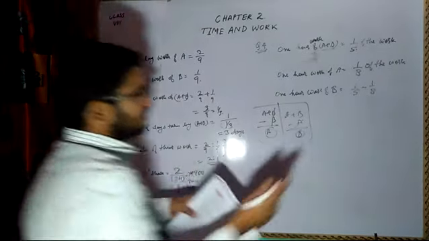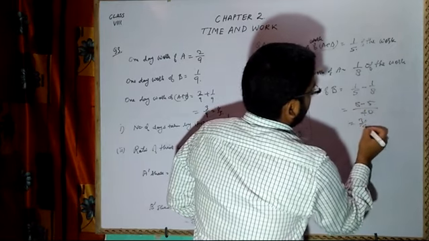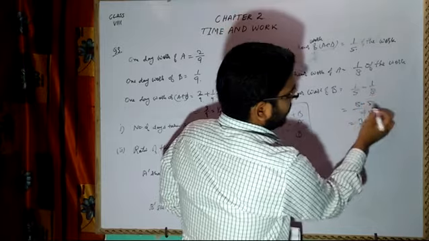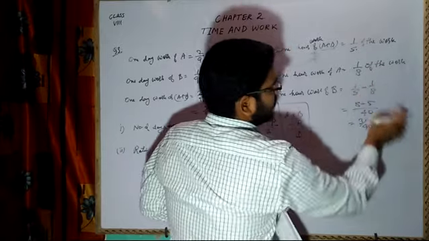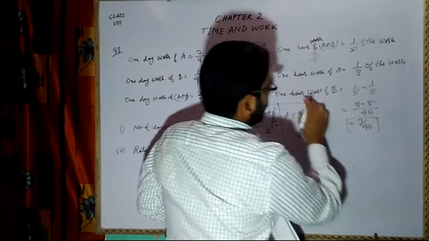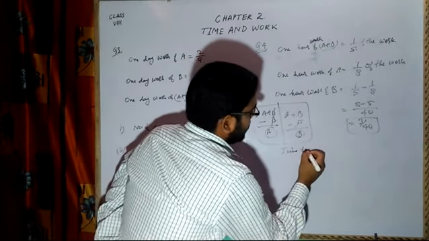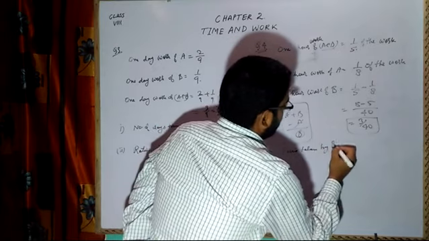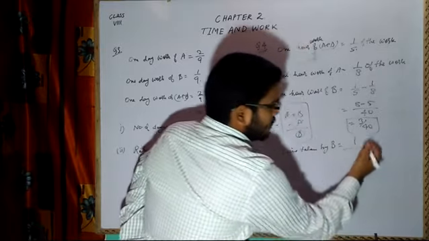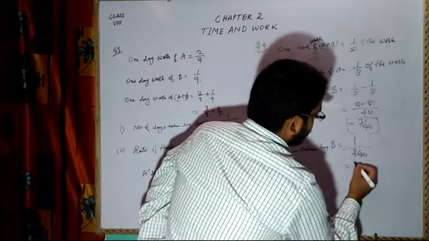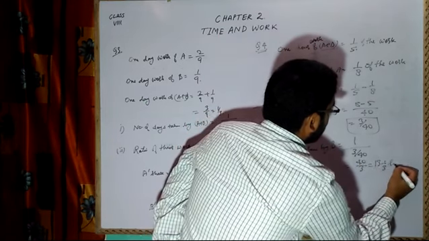And then if you subtract, you will get LCM 40. It is 8 minus 5, 3 by 40. How am I taking LCM 40? Just multiplying and doing cross multiplication. Understood? Otherwise you can take 8 into 5. So 1 hour work of B is equal to 3 by 40. So time taken by B is equal to 1 divided by his 1 hour work, 3 by 40. So it will be 40 by 3, that means 13 whole 1 by 3 hours.